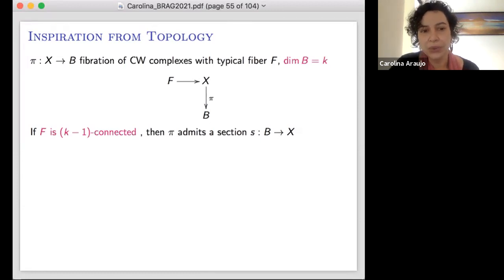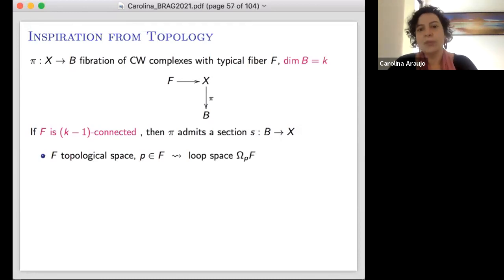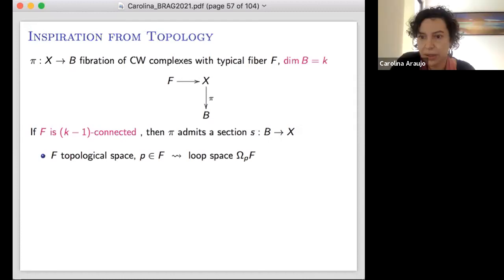So let me remind you what K minus 1 connectedness means. If you have any topological space F with a base point P, you can look at the loop space at P, and you can put the compact open topology, so that this gets the structure of a topological space as well. And then we define inductively the kth homotopy group of F as the K minus 1 homotopy group of the loop space at P with the